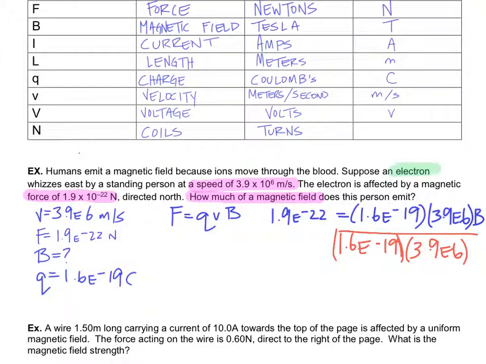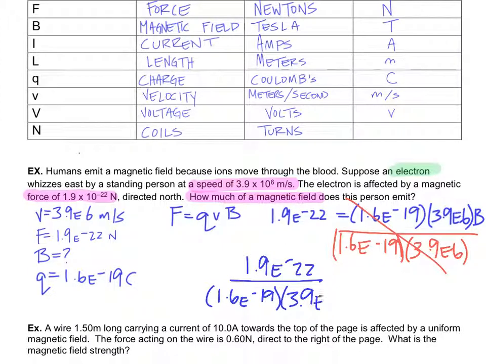So what happens here is that everything here cancels out. And I end up with 1.9 times 10 to the negative 22nd divided by 1.6 E negative 19 times 3.9 times 10 to the, I'm sorry, not negative 6, positive 6,